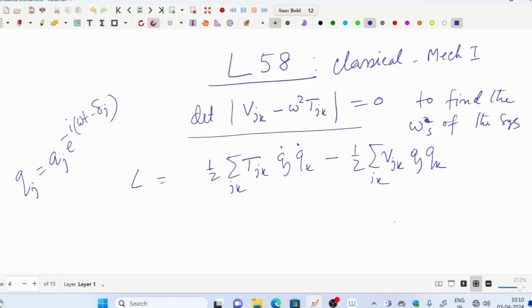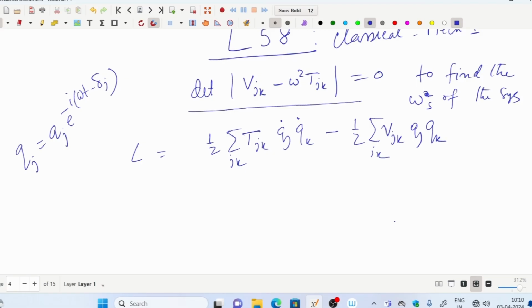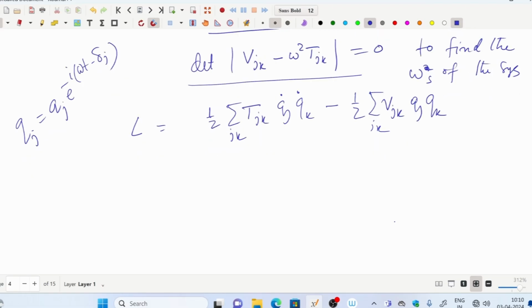Okay, so the purpose of this lecture will be that we will consider an explicit example to understand what we have discussed in the last lecture. So, example, and I hope to finish this example in this lecture. This is a well known problem of two coupled pendulum